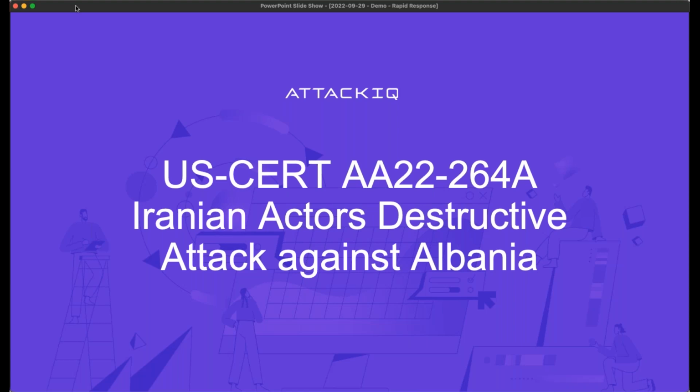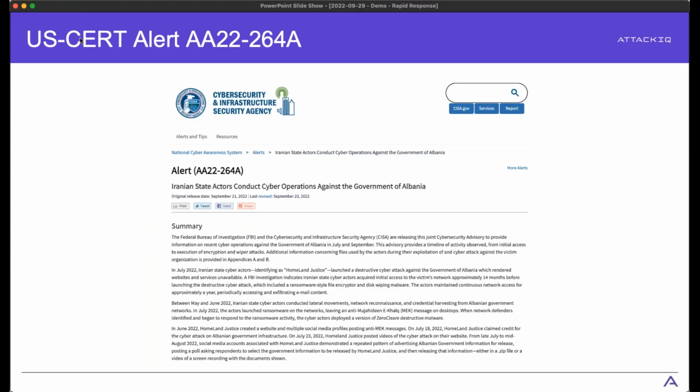So the focus here today is the recent US alert. Again, that is AA22-264A, Iranian actors' destructive attacks against Albania. Again, we took this information that was available from the US-CERT CISA website, and it does provide some insights